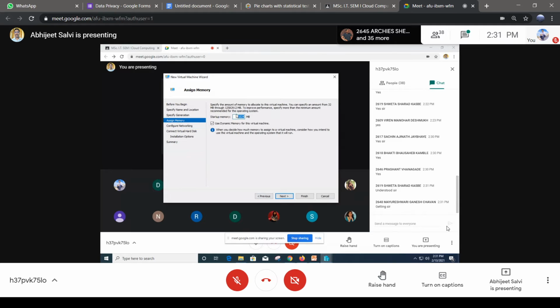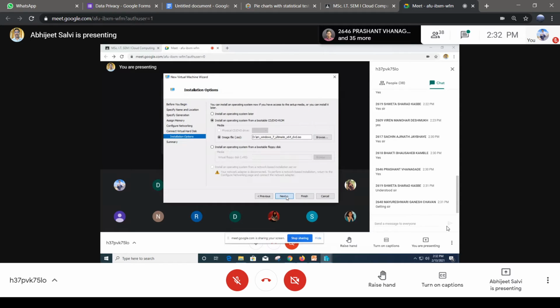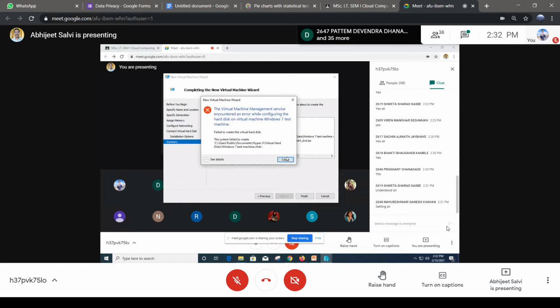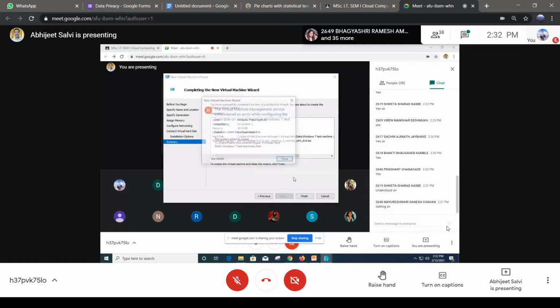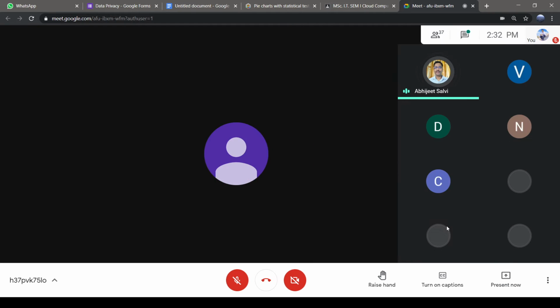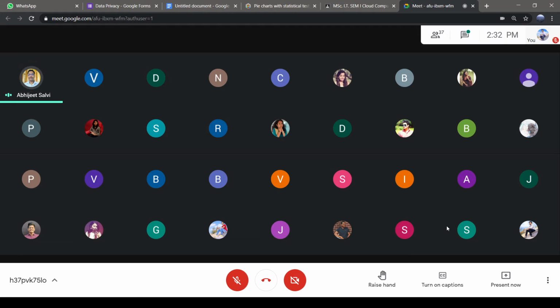Let me increase some RAM. Let's see. Hard disk space is needed to create this. Give me 2 minutes. Actually, that is because of a storage problem. Storage is fine, then what is the problem?